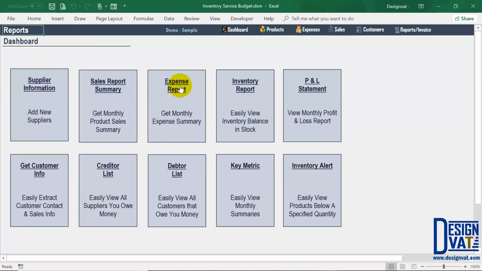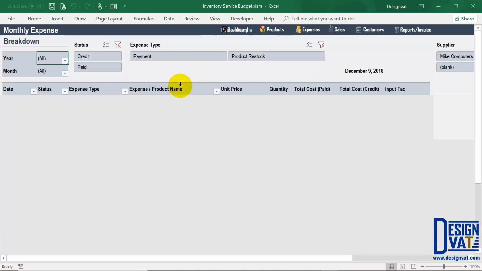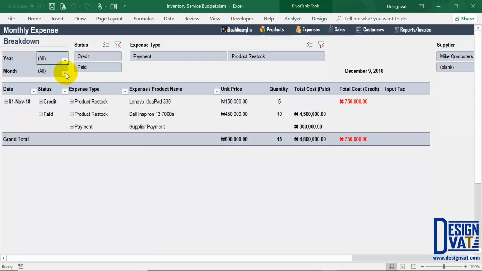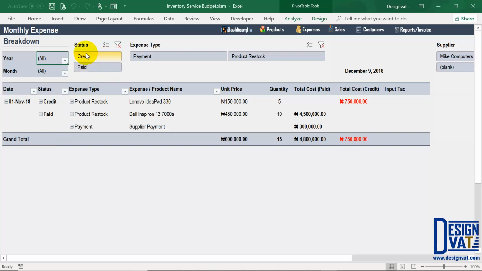It works exactly the same way. It enables you to filter your expenses for a particular time frame. So you can see all expenses in a particular month, and you can even see across multiple months. But right now, all our transactions are in November. The same way you can see credit expenses, paid expenses, product restocks, and on the right, you can equally filter